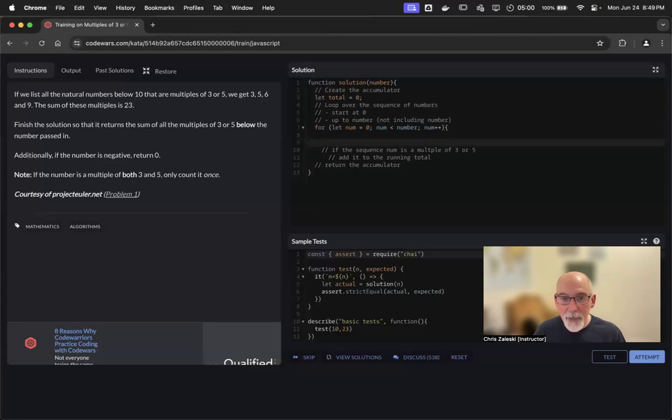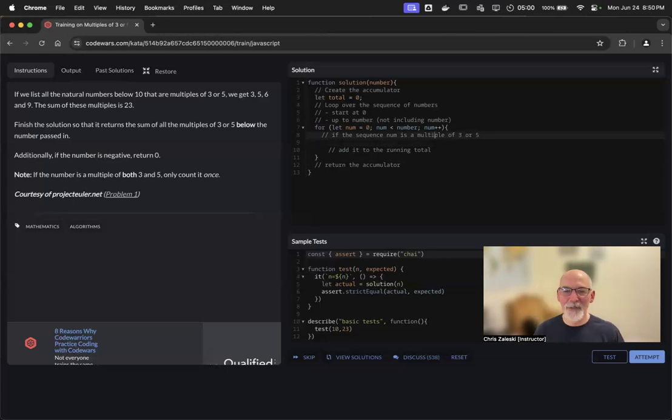I forgot when I talked about setting up my structure, it actually should be this way, right? These things, my pseudocode that was indented should have been inside my curly braces. So that's another thing. I almost fell into a trap that I see a lot of students fall into there. Okay. Now inside here, if the sequence number, which I'm using here as just num, is a multiple